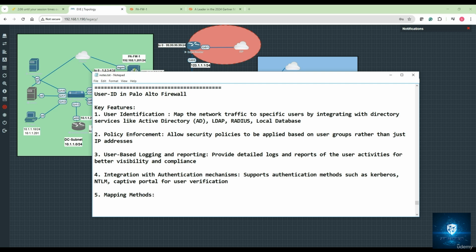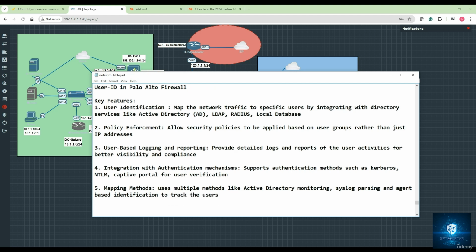That means Palo Alto Firewall can use multiple methods like Active Directory monitoring, syslog parsing, and agent-based identification to track the users,